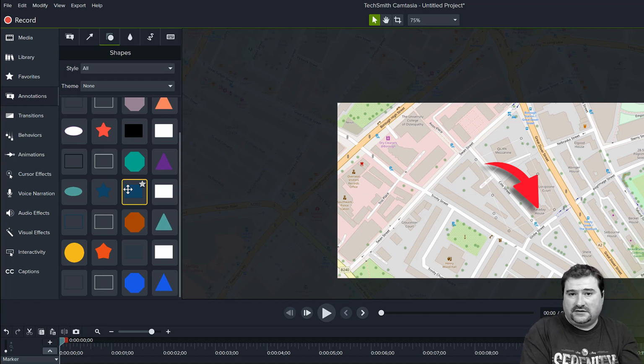But with the addition of this media mat, really, I think, in my opinion, the media mat is one of the best additions to Camtasia, because it opens up a lot of possibilities for more complex animations, complex graphics, masking. You can hide and show different objects and things, which was not possible before version 2020.